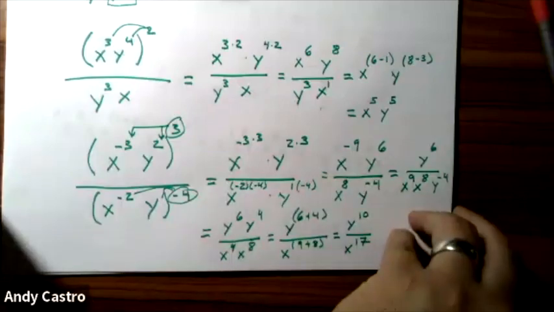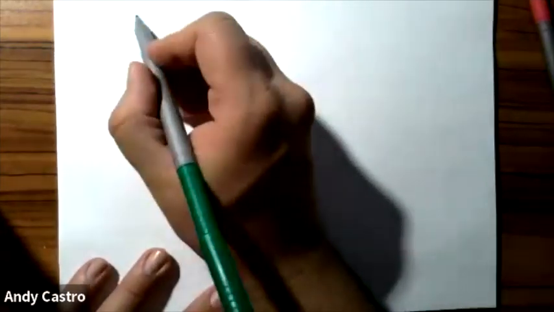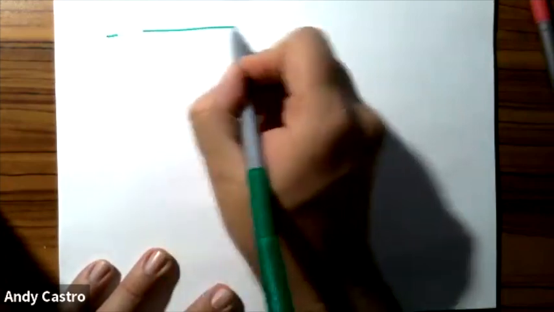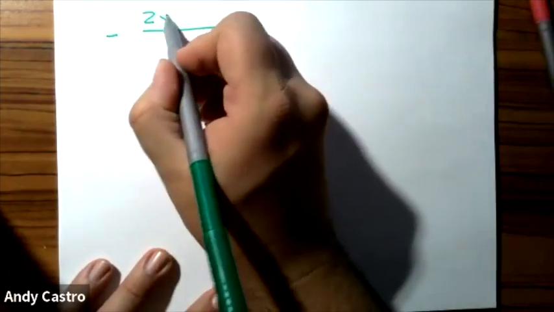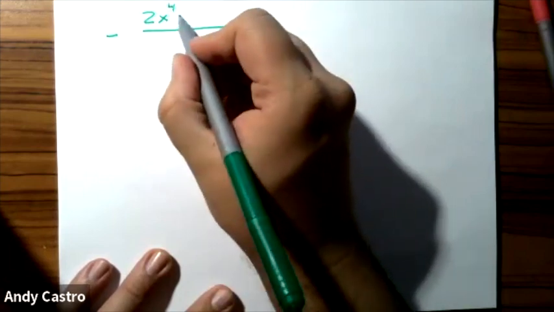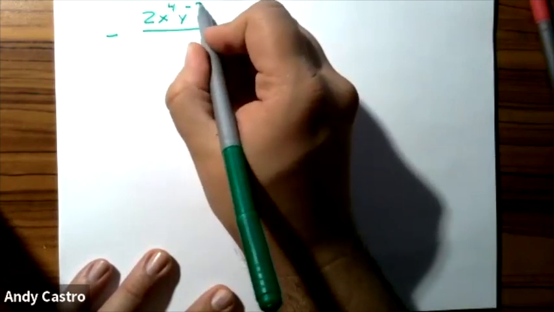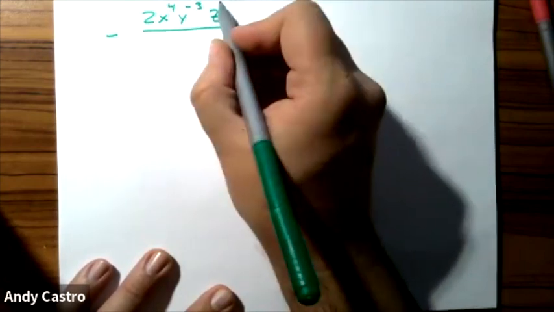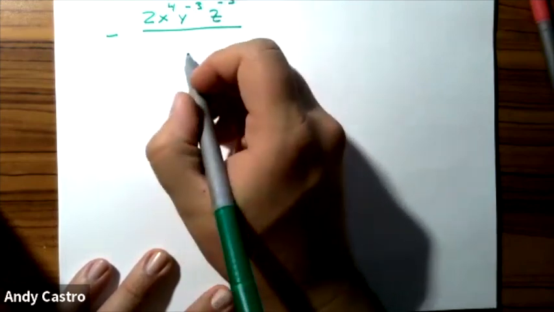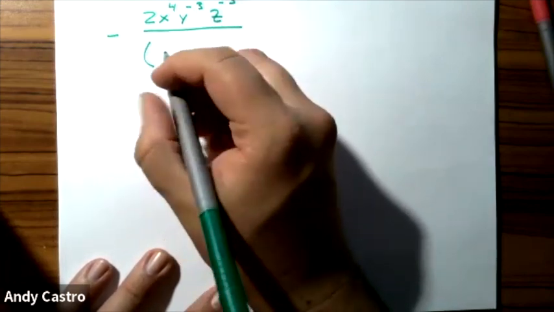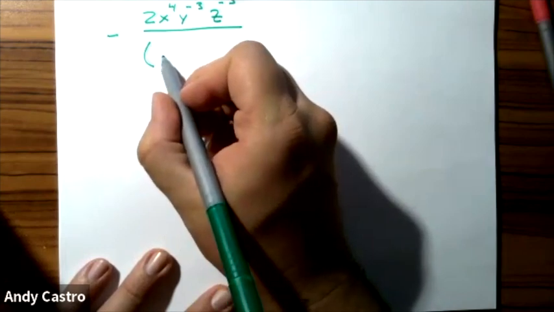All right. Let me work one more example for you. Let's do negative 2x to the 4th times y to the negative 3rd times z to the negative 3rd over the quantity of